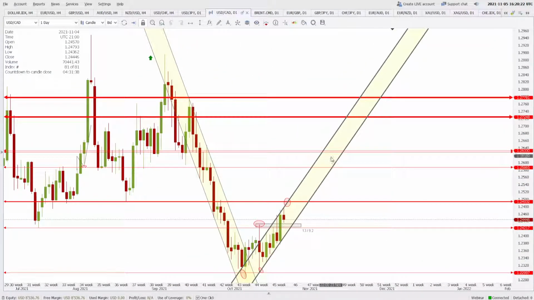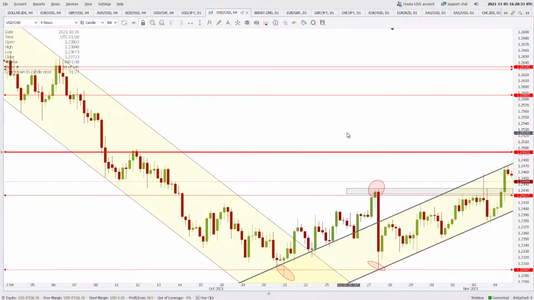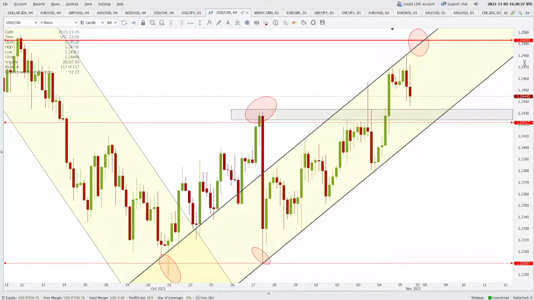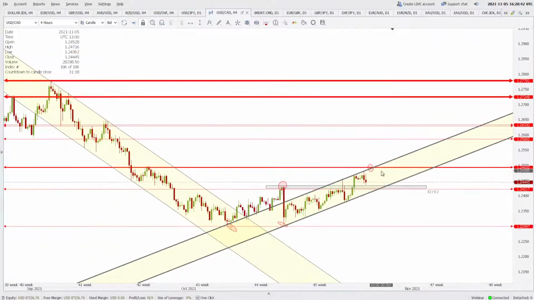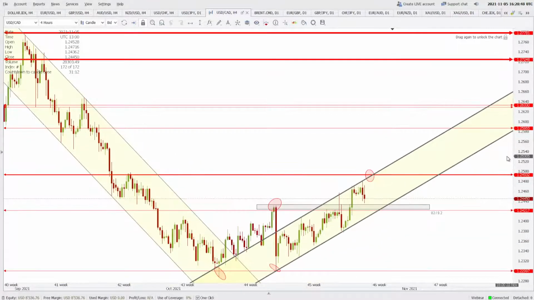USD CAD is also trading between the support of 1.2421 and the resistance of 1.2493. It is slowly and steadily moving higher in a channel that we have marked, and till the time this channel is holding, the price will keep going up. But I'm expecting 1.2493 to act as a very good resistance, and it can push the prices down even below 1.2421. So right now the support of 1.2421 is there, and 1.2493 is the resistance for the USD against the